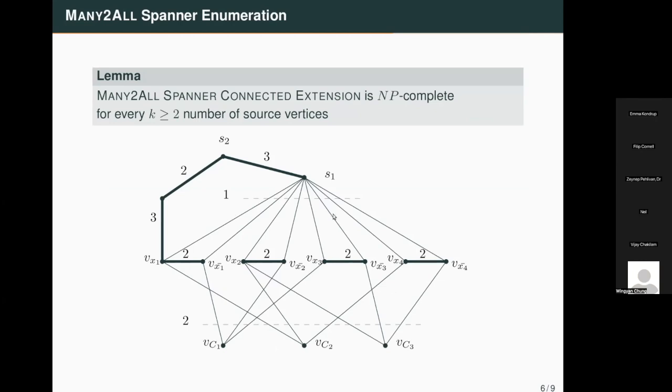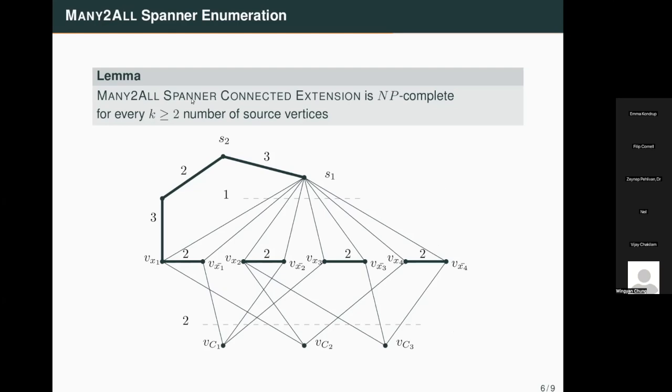And we basically have similar results here. So the actual results are basically the same. The reductions are very similar as well. So we have these paths as well, but now it's not a path to allow every vertex to go back to S1. It's basically a path that allows S2 to reach everyone. And the result is also going to be the same because we create such a path 2, 3 from S2 to all the other vertices. And what remains is still this hard problem from the beginning to make S1 connected to everyone else.